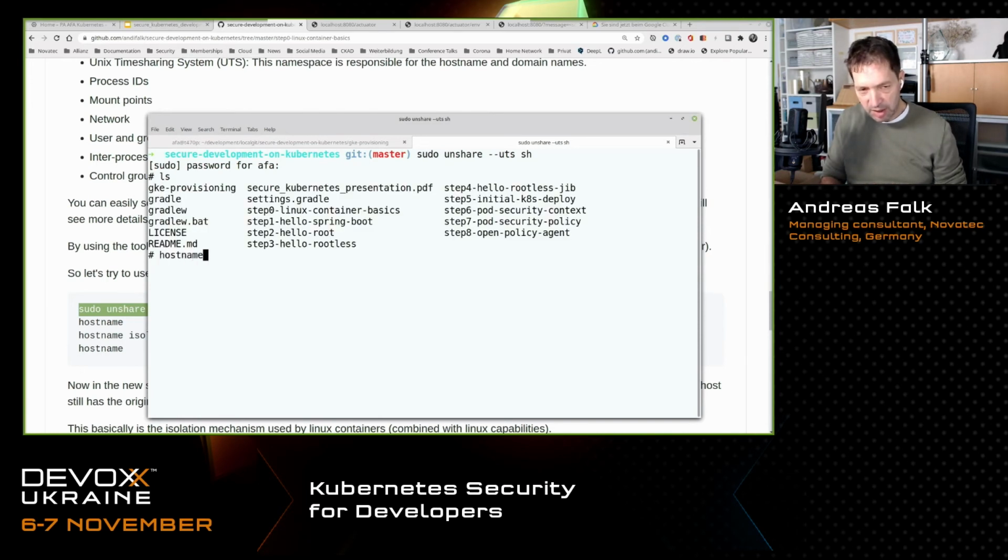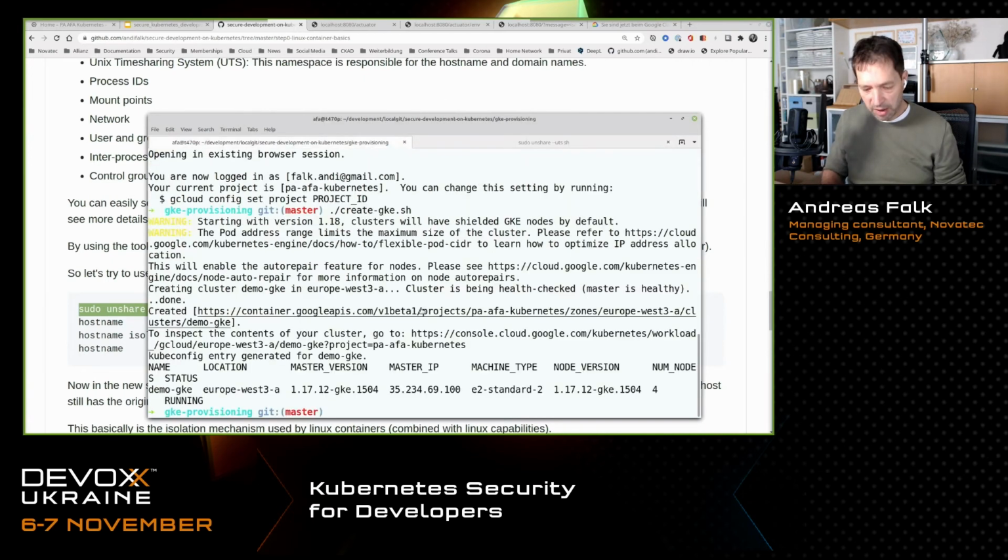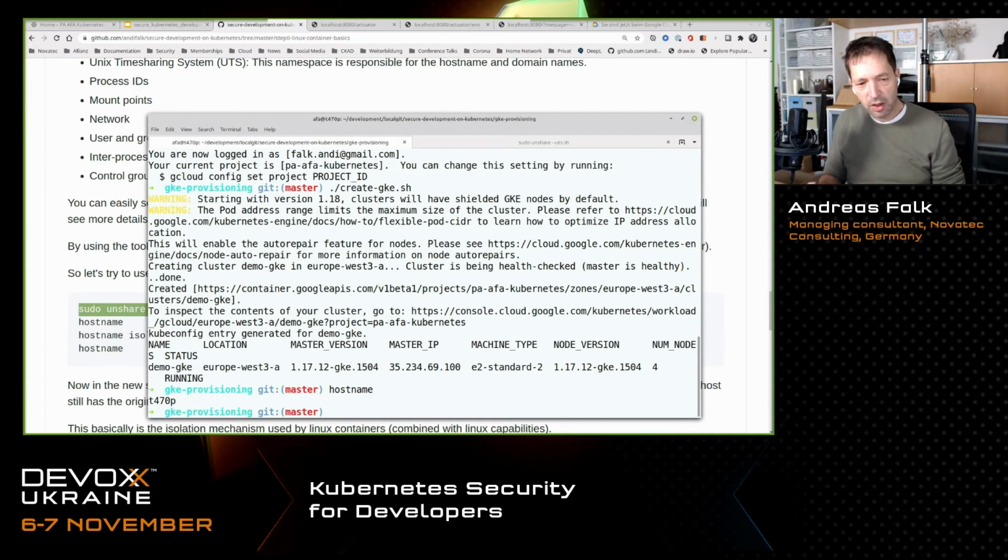As you can see now, it still has the host name of the parent, but I can easily just set my own host name here. So I should now have host name isolation. And if I go to my parent and just type in hostname, it still has the original host name.